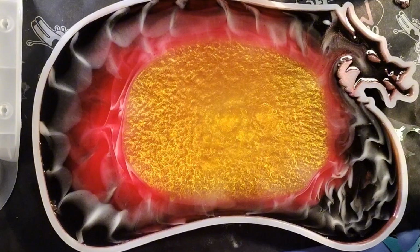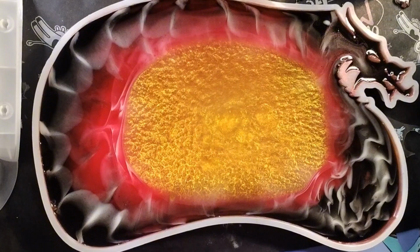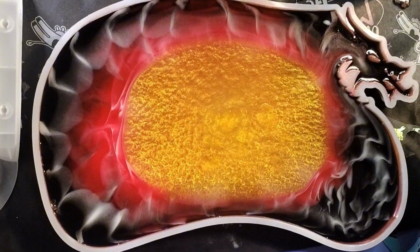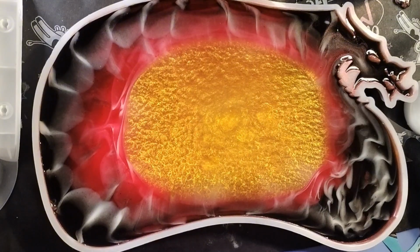Shoot, I think I'm just gonna have to leave it and come up with a top coat, because it's clearly not filled all the way to the top. You can see by looking over here at the head, but I think I'm just gonna leave it because it's looking okay. I'm trying to think of what color I could add to it that won't make it pastel, because